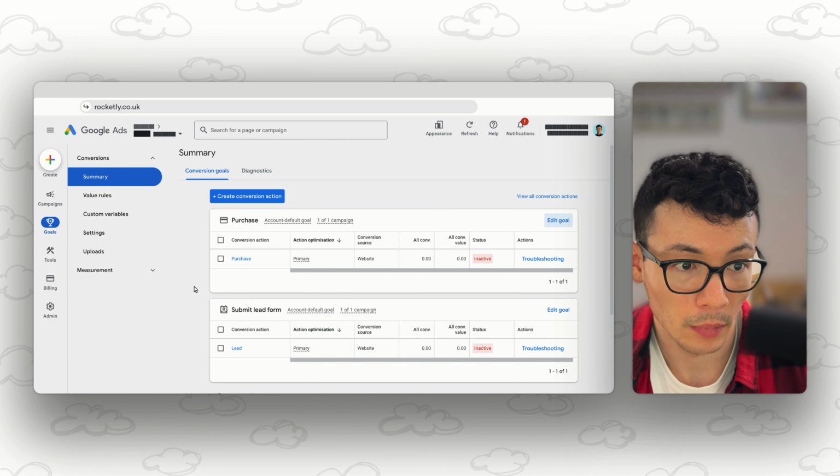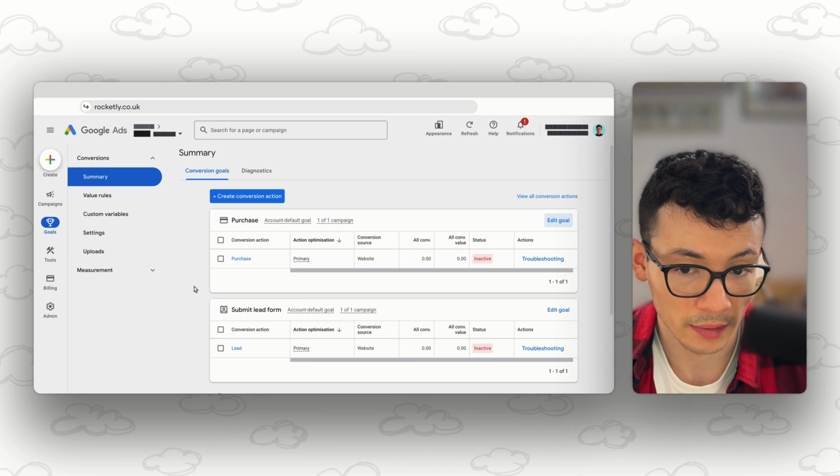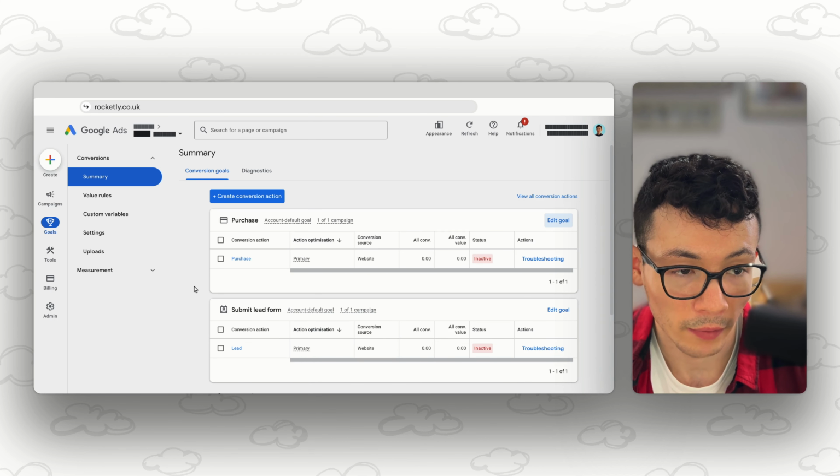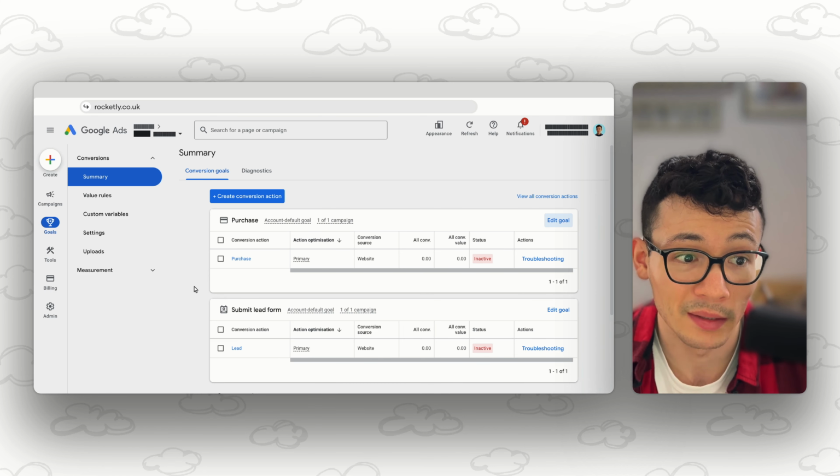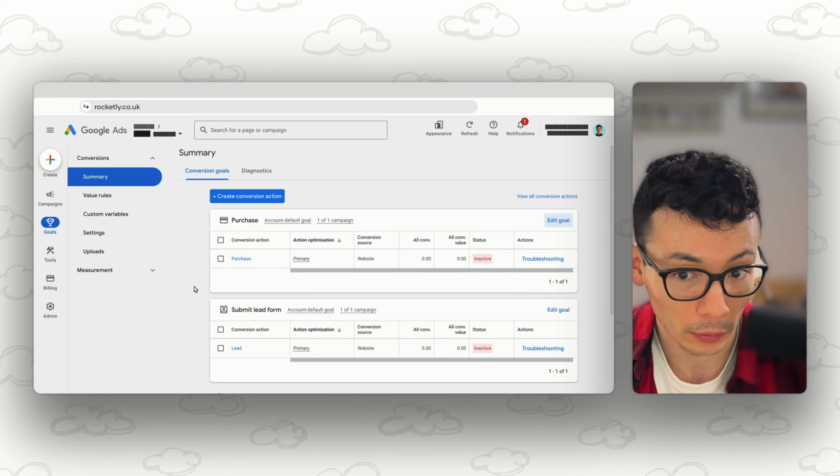If you send multiple primary conversions for Google to optimize towards, it sends mixed signals and it can be really hard for the algorithm to operate efficiently. Whereas if you just keep the goal to one single conversion action, it keeps things a lot simpler for the algorithm and it tends to make performance a lot better for your campaigns in the long term.